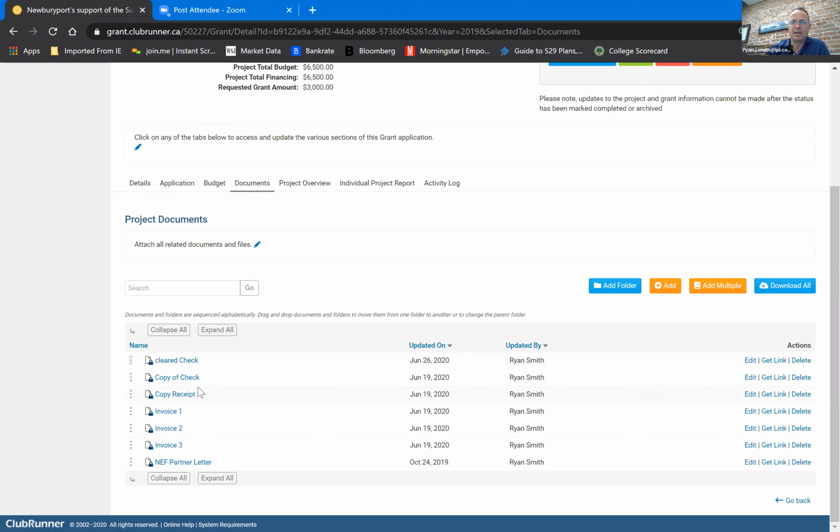Basically just scan it, and then it's like attaching a photo to an email. Very simple process, but can be complicated for some. Also down the line, it's very important for the final report, in order for the club to receive the refund